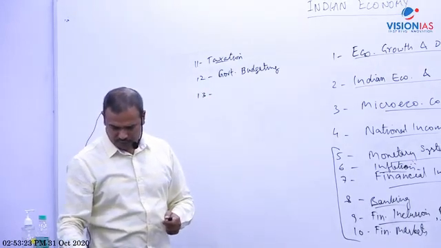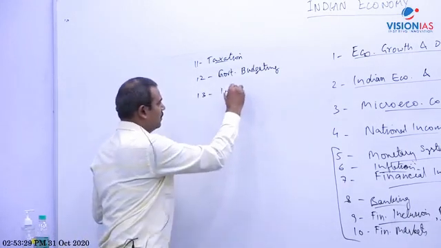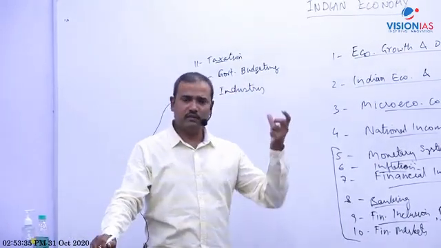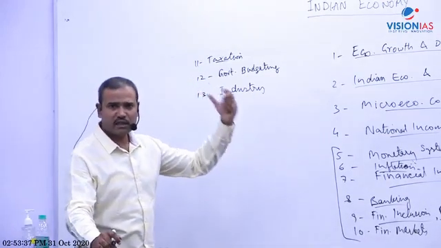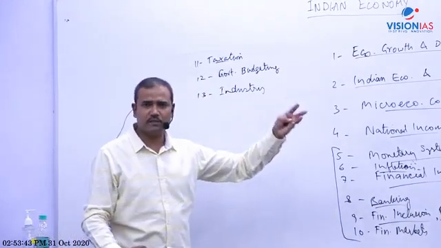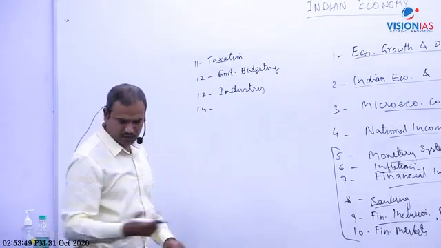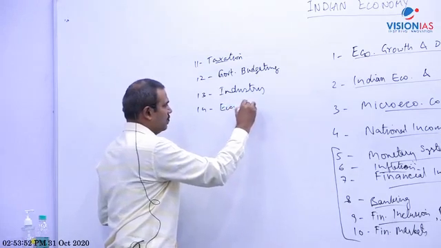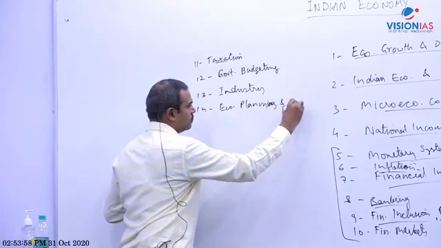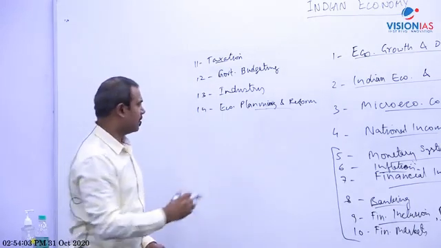Then another topic is industry: industrial policy, the new industrial policy of 1991, and after that Make in India, Startup India, Stand Up India, and some issues in that, and MSMEs, and disinvestment of PSUs, issues in disinvestment. Then another is planning: economic planning and reforms, like the Planning Commission, Niti Aayog, the policy strategy of planning, etc. Some initiatives of Niti Aayog.